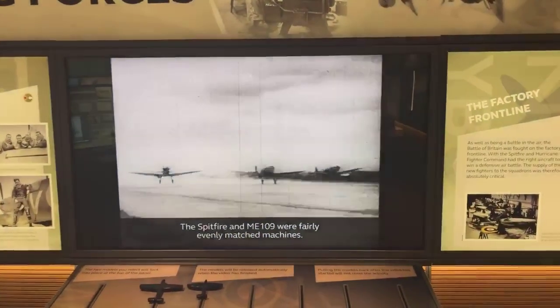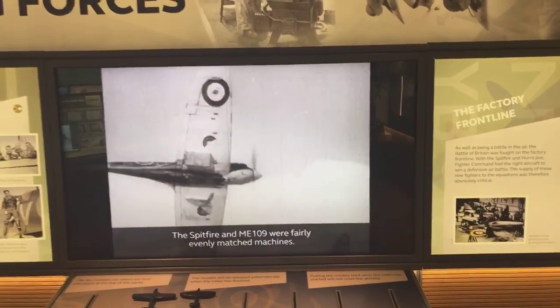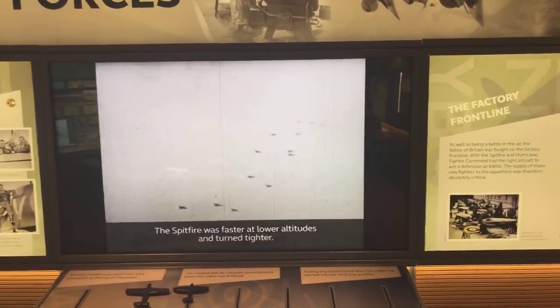There's the 1940s footage, and there you can see 109s and the Spitfires. Incredible amount of 1940s footage that we have here. As we pan now to the right,